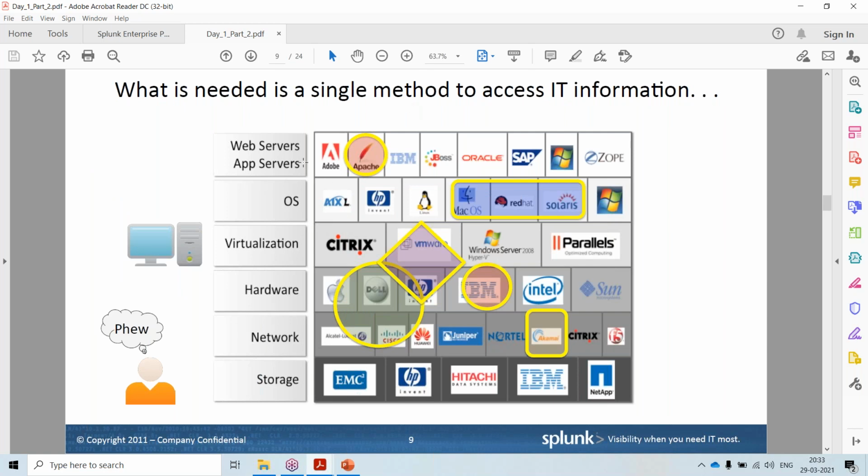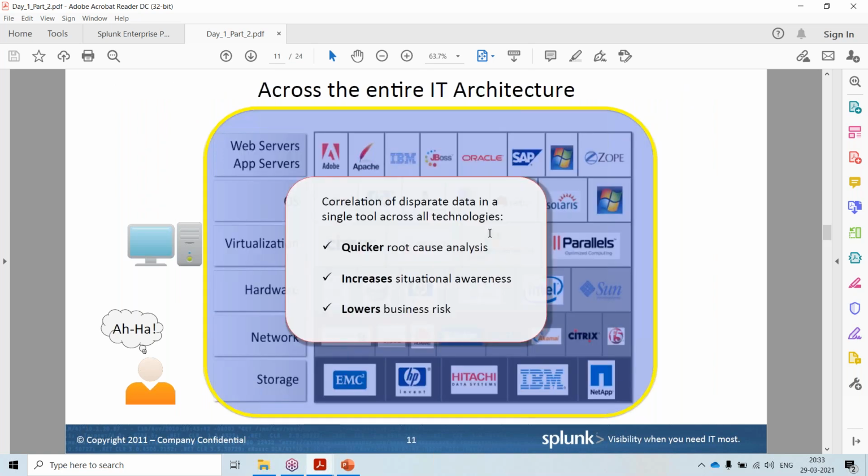So what they are saying is they need a single IT method, a one-stop solution. That is what they are expecting. Whatever component you are running, you have to send your logs and your metrics to one centralized server so that they can see the issue. It will resolve it without taking much time. If I have a centralized logging mechanism, I can directly see where the bottleneck is.